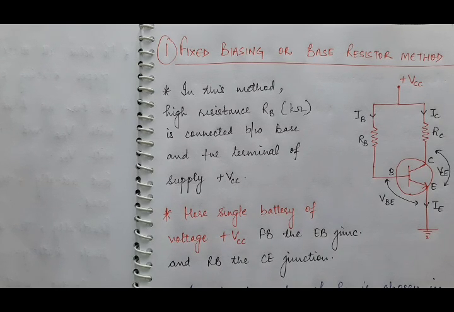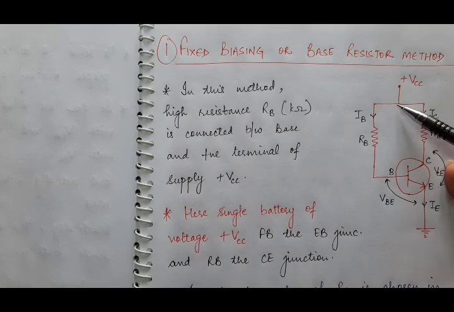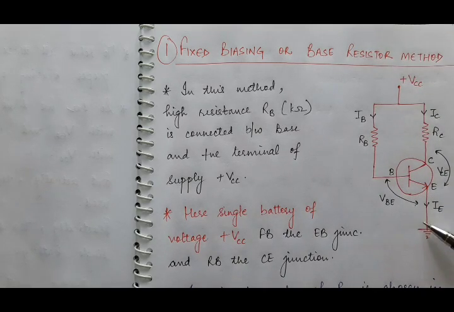Then check, with the transistor parameters or with temperature, whether this operating point will shift or be stable, and then write the result or conclusion. So in fixed biasing, when we applied Kirchhoff's voltage law to the input circuit, what did we get? We got